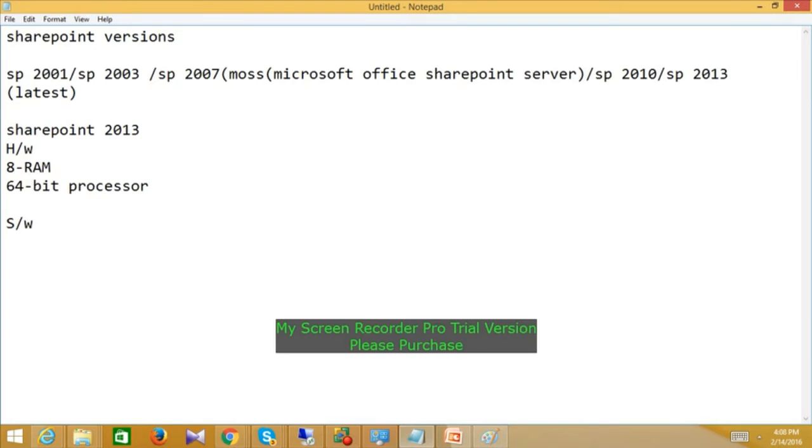One more question: if I learn 2013 and get a job where they're using 2010 or 2007 and they want me to migrate to 2013, will I be able to do that after this course? Yes, I will show you how to migrate a site from SharePoint 2007 to 2010.